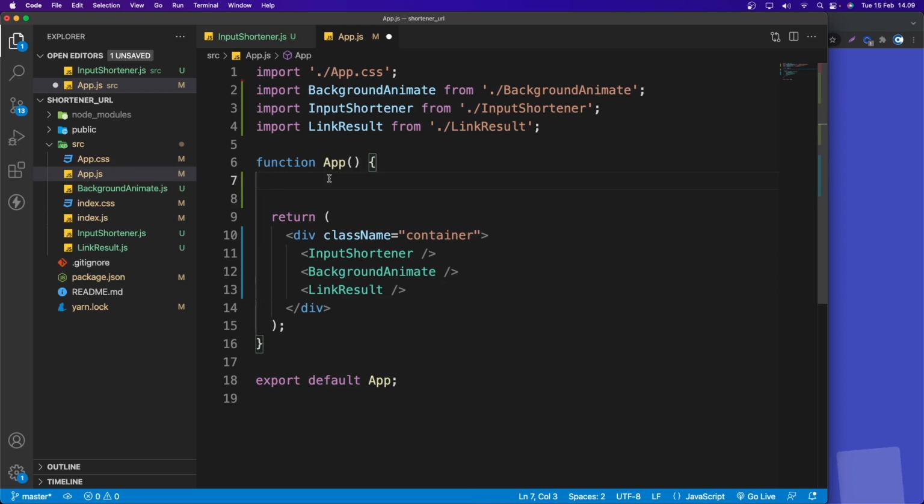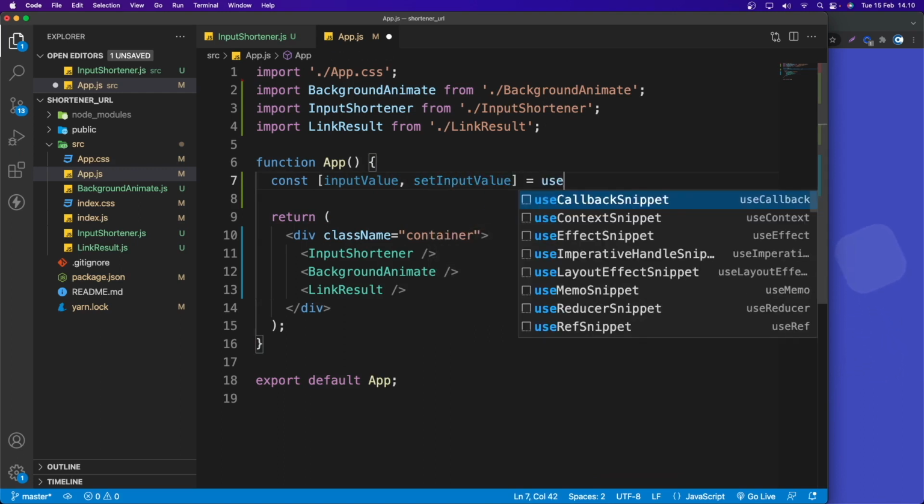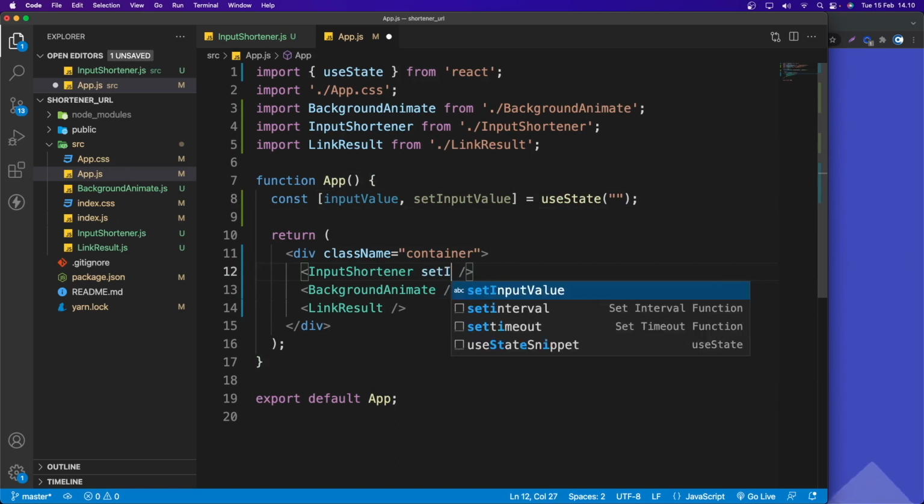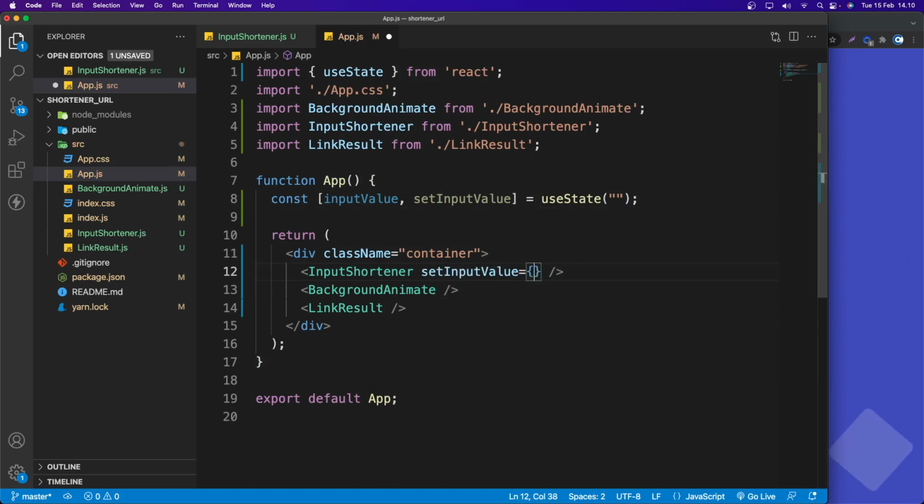Okay, so now let's do const inputValue and setInputValue, set that equal to useState. By default it's going to be an empty string. Okay, and in InputShortener we need to send the setInputValue, so setInputValue equals setInputValue. And in LinkResult we need to send the inputValue, so inputValue equals inputValue, like so.